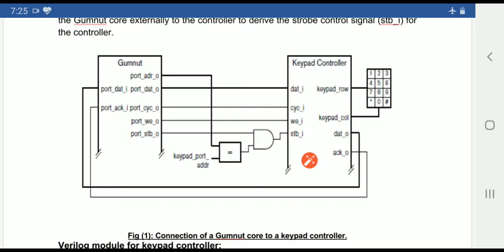Now we will not go in depth on this; you only have to understand the concept here. The concept is that GUMNet provides the decoded address, and the keypad controller acts as a mediator so that we can read or write the data from the input output device. Here we have considered only the input device, which is the keypad matrix. Now when I look at the addresses of the port or the signals here, port address or port data output, this is a port address output.